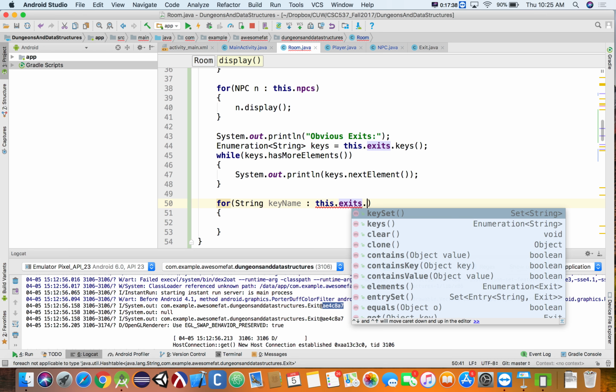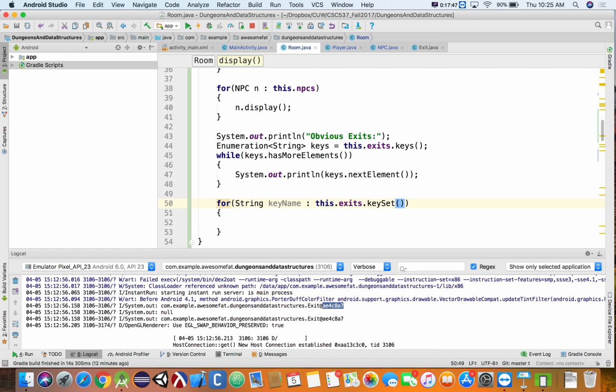If you maybe have had this in a math class at some point, a set is a collection of unique values. Okay, so I'll go ahead and get the key set, which from our perspective is just a linked list of the exit names. And now I'm able to use the for each loop. I'm actually surprised I couldn't use a for each loop to go through this enumeration, but whatever. So I have two different options here. So now I can go ahead and say